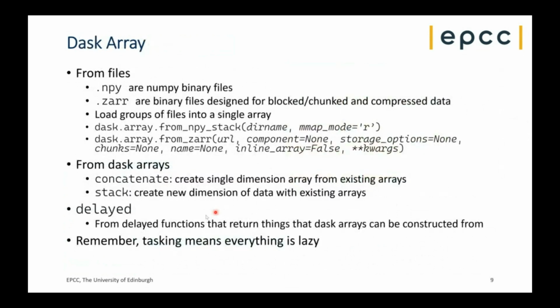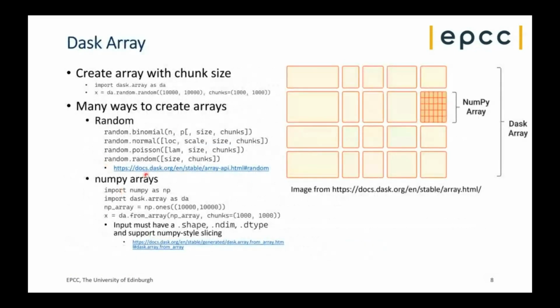So Dask arrays are lazy in the sense that you do this here: import dask.array as da, x equals da.random.random with a size. At that point, you've created a task graph. You haven't actually created the array x. There is no data in x. There is nothing in x until you actually call a function on x called compute, which will then force x